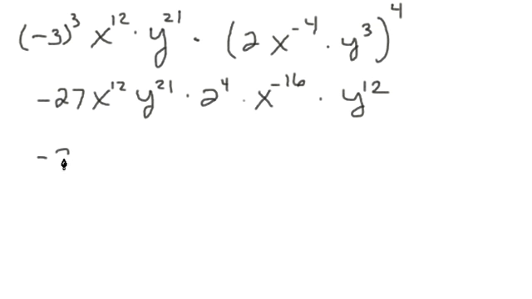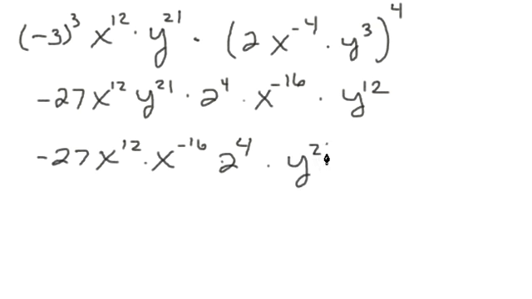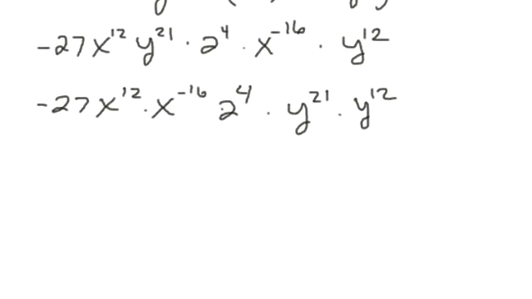What a mess. Negative 27, x to the 12th. Let's look for some like terms. We have an x to the negative 16th, so let's pair them up. Now, I should have brought this 2 to the 4th out here, but I don't know. Let me just write it like this for right now. Times, we have a y to the 21st times y to the 12th. I can bring this over, so this becomes negative 27 times 2 to the 4th is 2 times 2 is 4, so that would be 16 times x